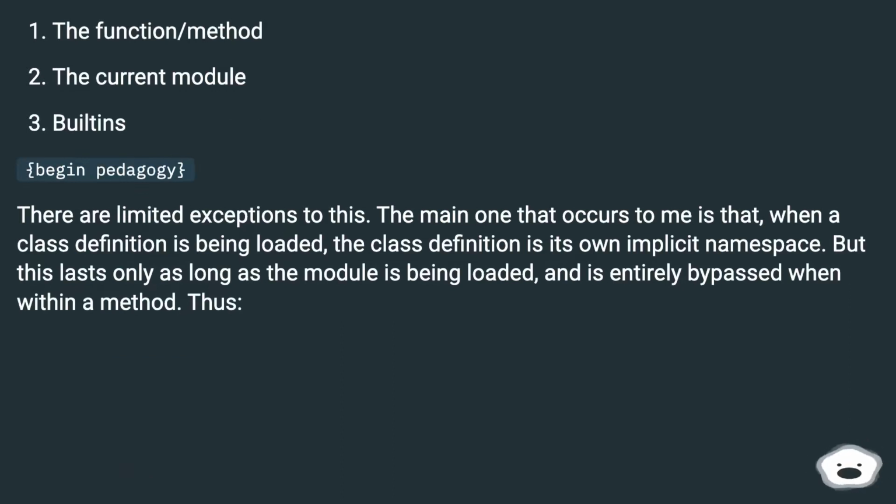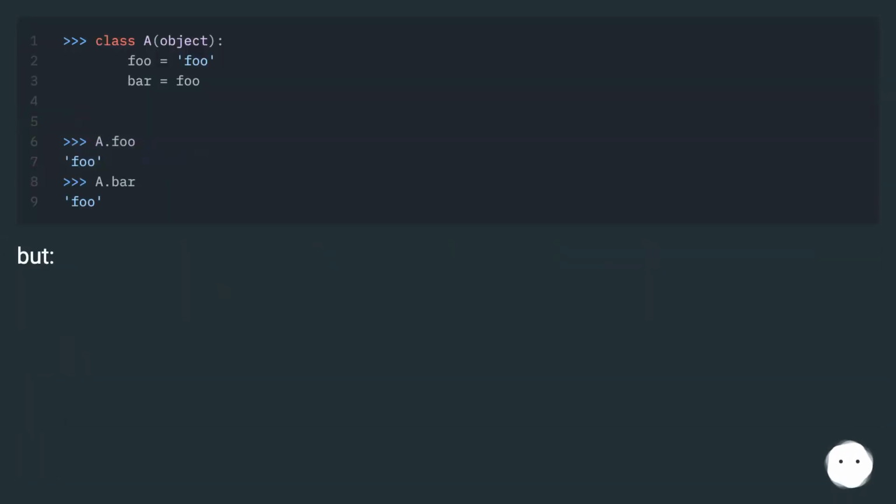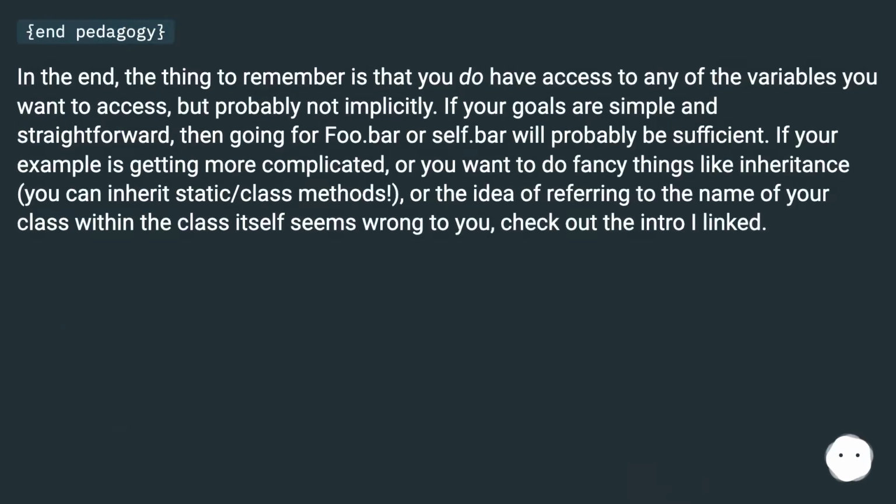The main one that occurs to me is that, when a class definition is being loaded, the class definition is its own implicit namespace. But this lasts only as long as the module is being loaded, and is entirely bypassed when within a method. Thus, but in pedagogy. In the end, the thing to remember is that you do have access to any of the variables